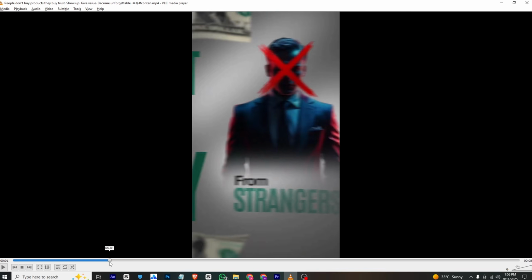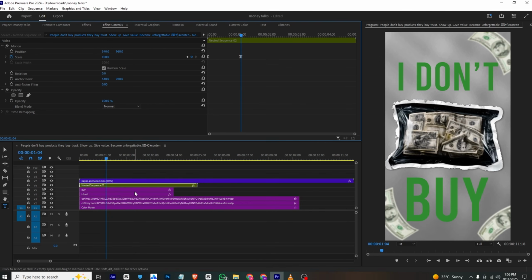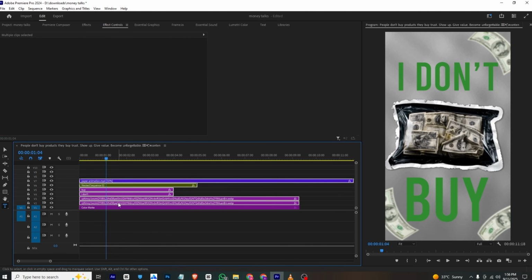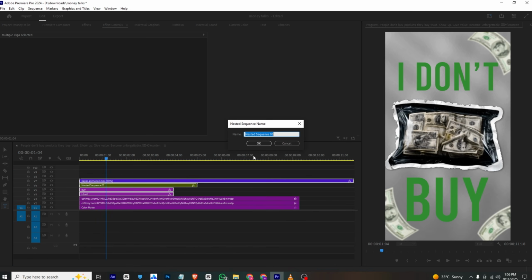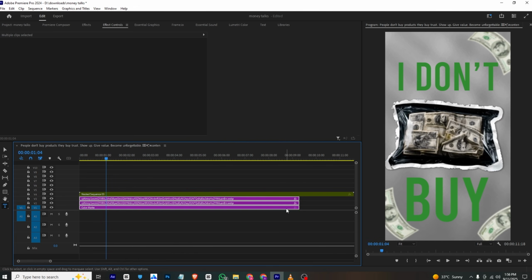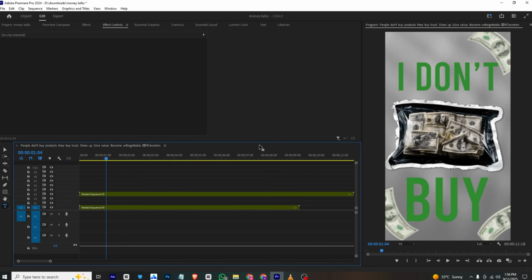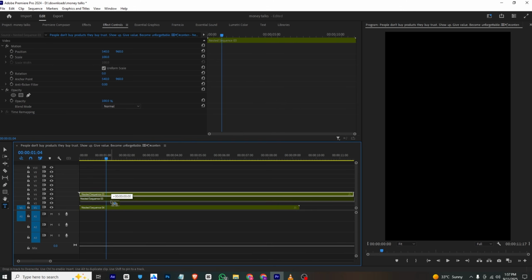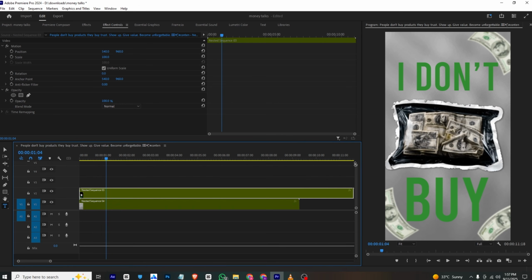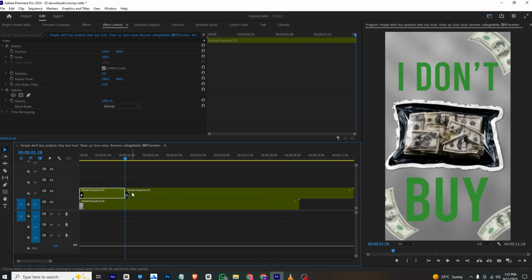So if we want to move the frame, we will have to select all these layers except the background, and I will nest them into a single one, and for these I will make them nested as our background. Now I will make sure to bring it down, adjust it here, and this is where our frame ends. I will select cut here